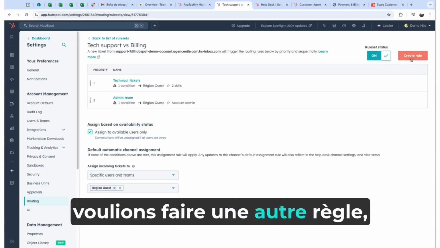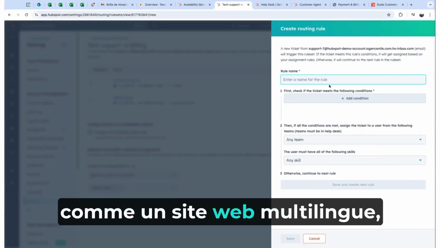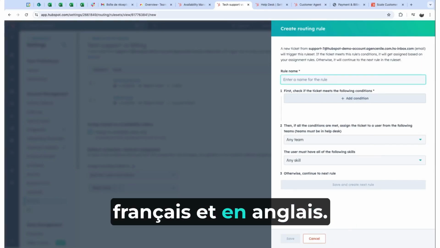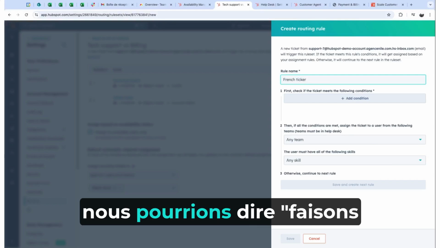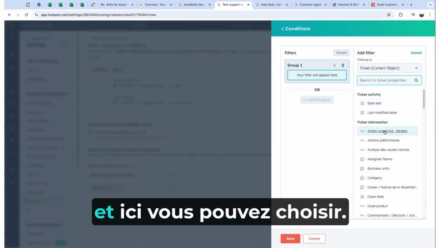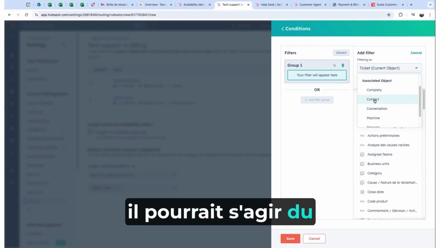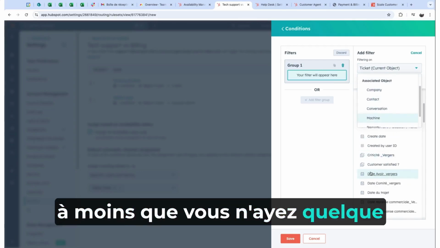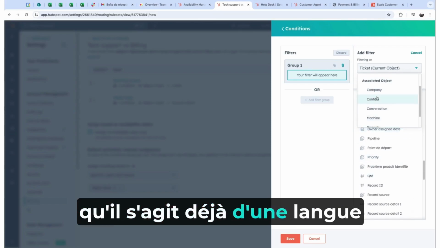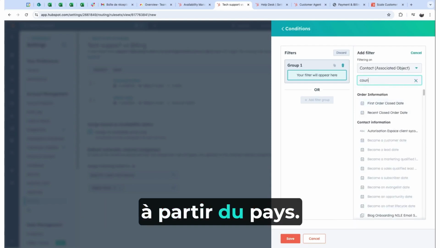So let me just show you if we wanted to do another rule, but based on language, because you might have a multilingual website and you might have people sending tickets in French and in English. So for example, here we could say, let's do something for French tickets. And basically here then you can choose, so for example, it might be from the associated contact, unless you have something in your tickets which actually indicates that it's already a French language, but otherwise I will do it from the contact record, and I'll do from country,